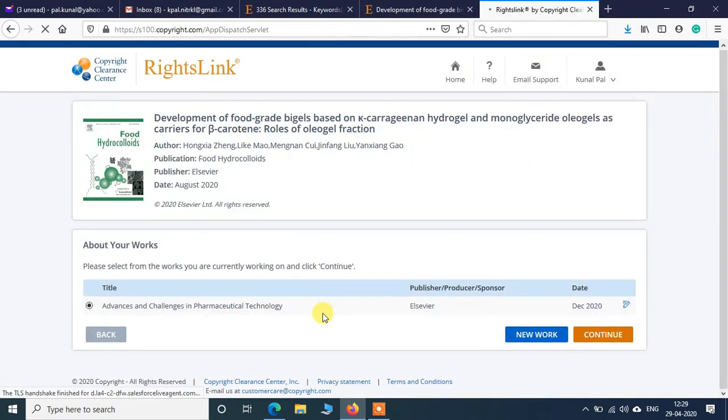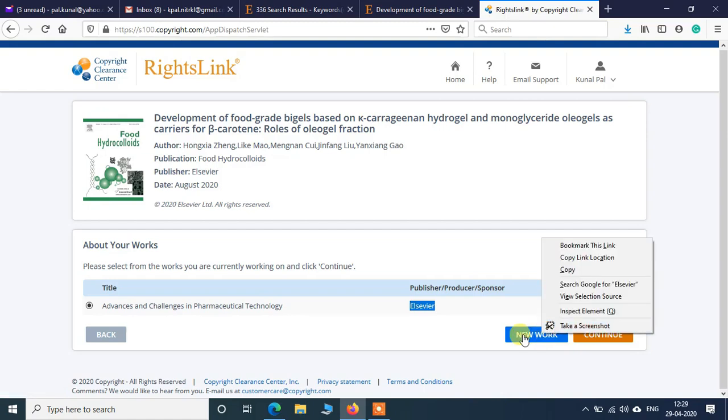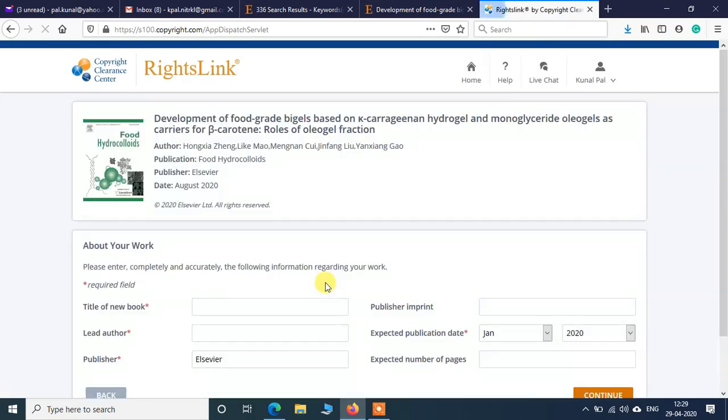So once you have logged in, I've already taken some permissions for the title "Advances and Challenges in Pharmaceutical Technology," which is to be published by Elsevier. So if you want to add a new work, you can just click over here. I will show you how it is.